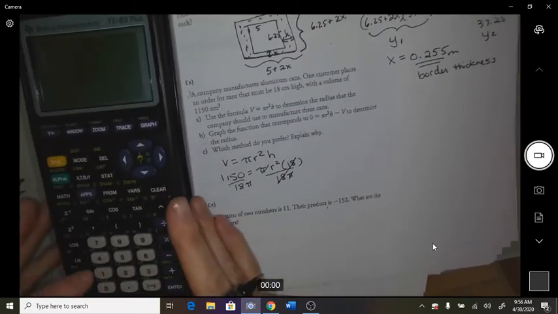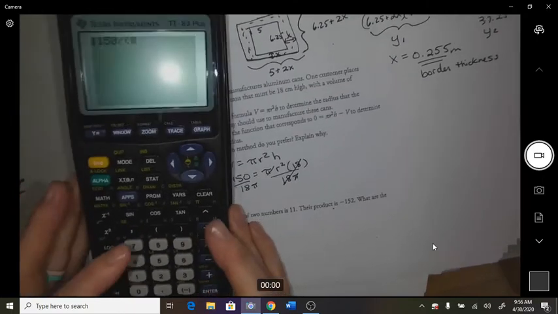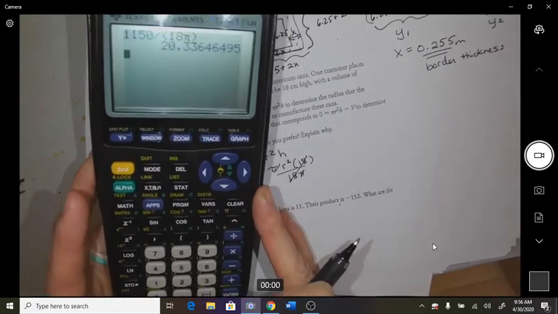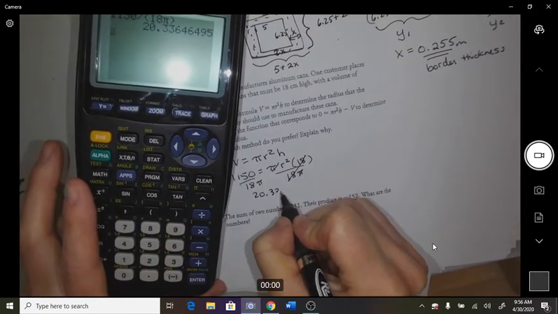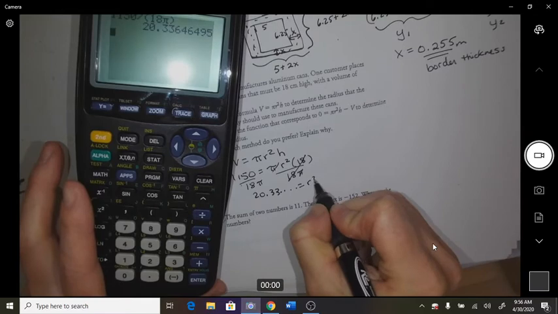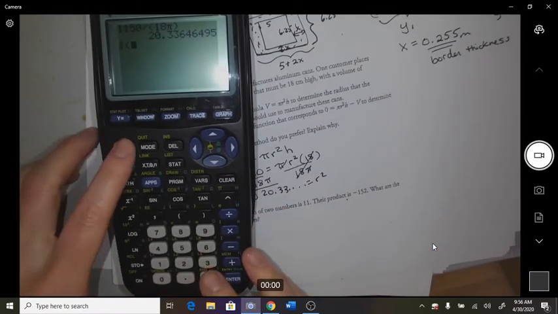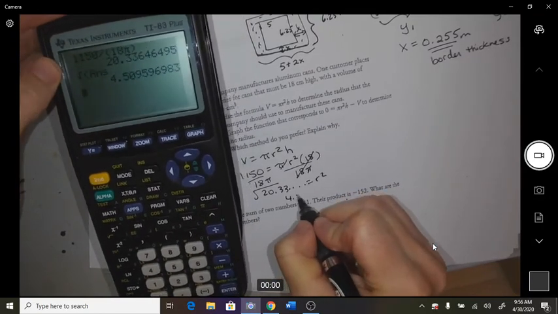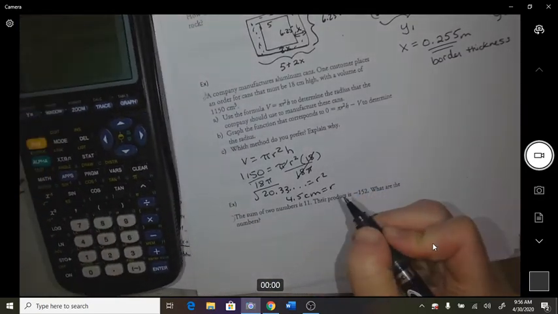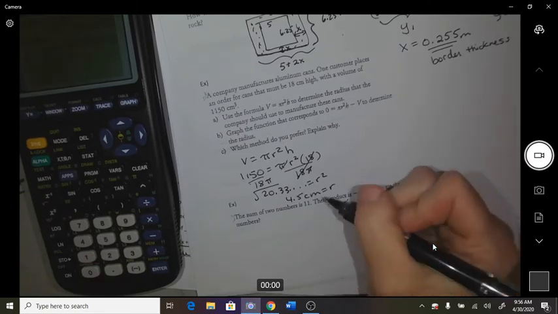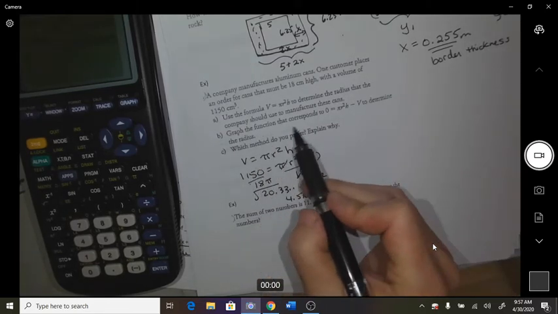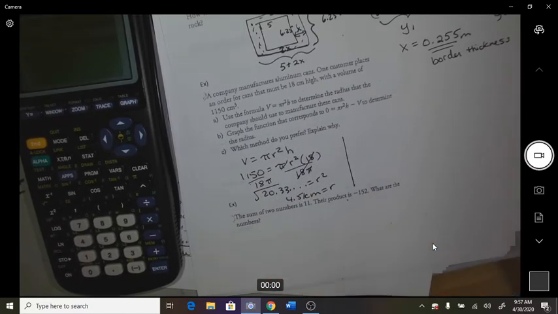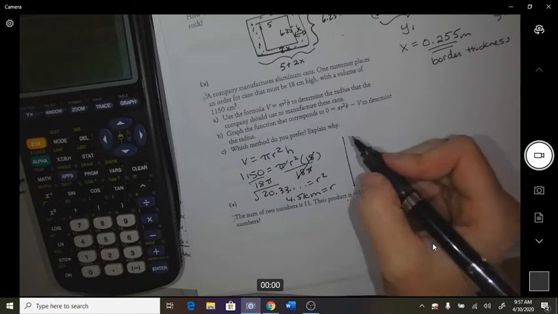So 1500, just be careful here how you type it in because you got to divide by in brackets. You need brackets on that. And then square root, my answer, 4.5. Okay, we'll go 5.1. Graph this function to determine the radius. So now, since we did it with algebra, we are going to do it